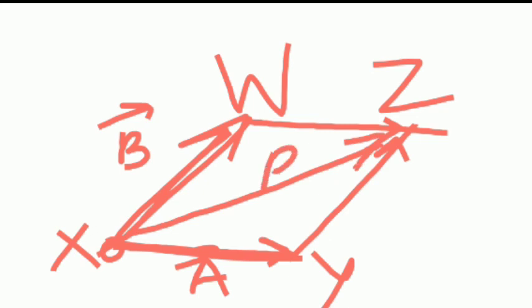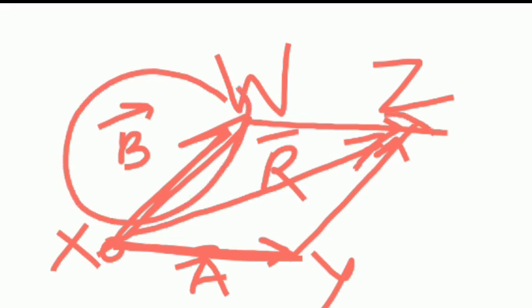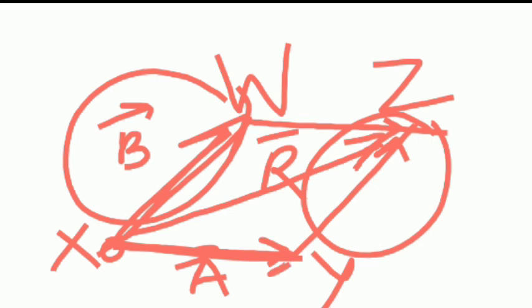So this will be the resultant vector of A bar and B bar. Similarly, you can see that if I place this B bar here, I can get the same result using the triangle law. Because in the triangle law, what we are doing is joining the head and the tail here, and then tail to head.